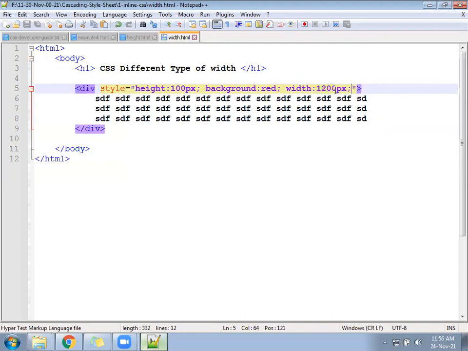Another option we have is percentage. Suppose we go here and write the width as 100%. In that case, it will cover the full screen of my window and the full screen of your window. There will not be any calculation on pixel size. Yours will be 1800 pixel, mine is 1500 pixel, someone will have 500 pixel, so it will cover a total of 100% of the screen. Check now, minimize and maximize.